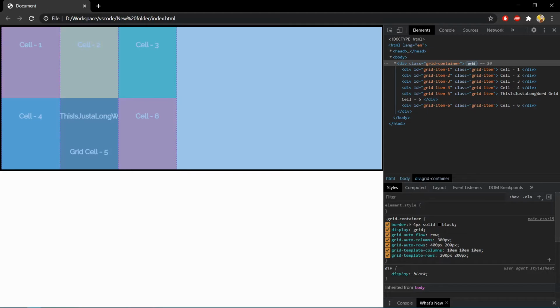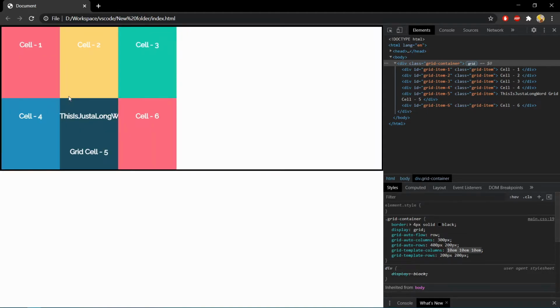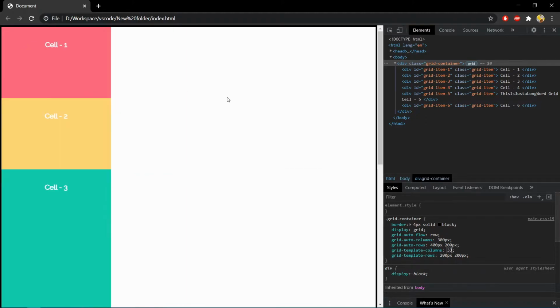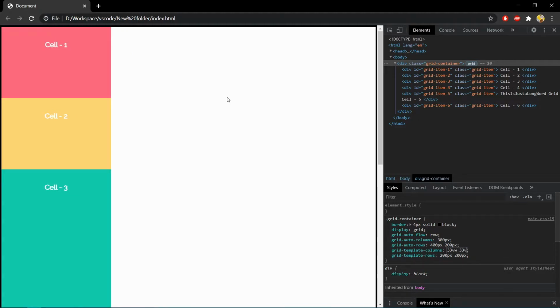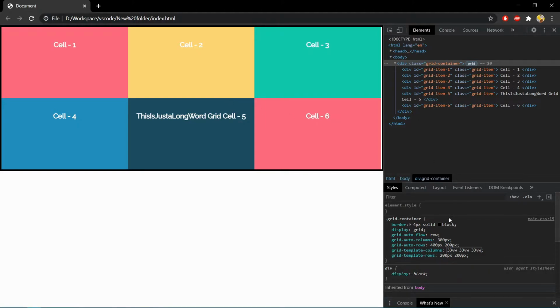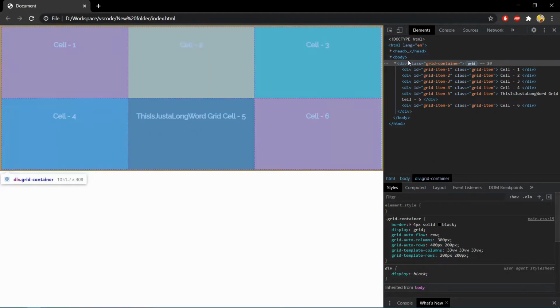Here you go. You can also use viewport percentage as a cell unit. For example, let's say I want to divide all these tracks equally on the viewport. Then I can use, let's say, 33 VW, 33 VW and 33 VW. So now you can see all cells got almost equally divided on the viewport.